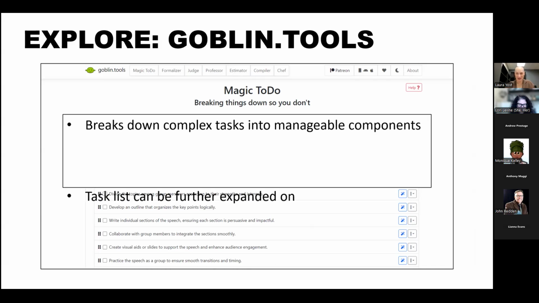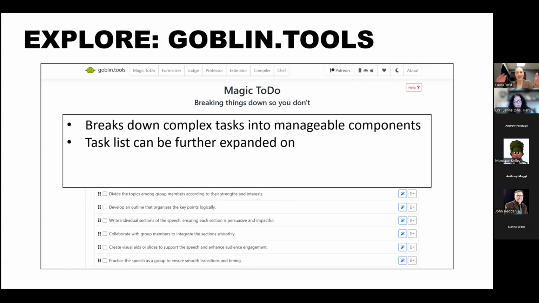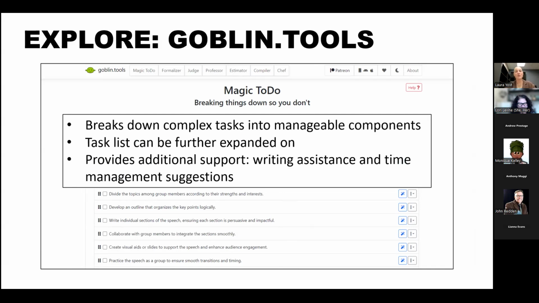We all need this type of help every now and then. Again, if it's too vague and you're like, I need more help, you can keep asking it to drill down to give you more of that support. And it also provides additional support in terms of writing and some other things, as you can see up in that top menu where it says formalizer, judge, professor. That's just giving a student, if they want, guidance and assistance in terms of writing, in terms of tone, in terms of trying to understand your audience better, in terms of different writing styles from more formal to maybe a little bit more informal. And that's kind of a nice bonus too,